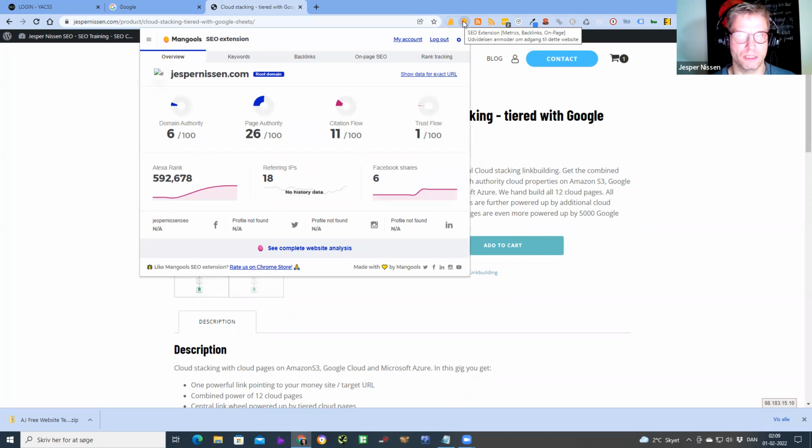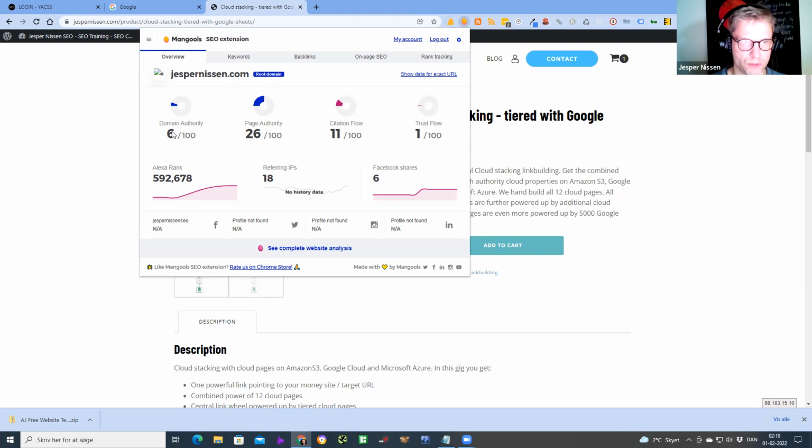I think it's a year since I purchased this domain, jespernissen.com, and it has a domain authority of 6 and a page authority of 26. I didn't focus on building backlinks to my own website because I wanted to see if I can rank for the keywords that I want to rank for without building real backlinks.